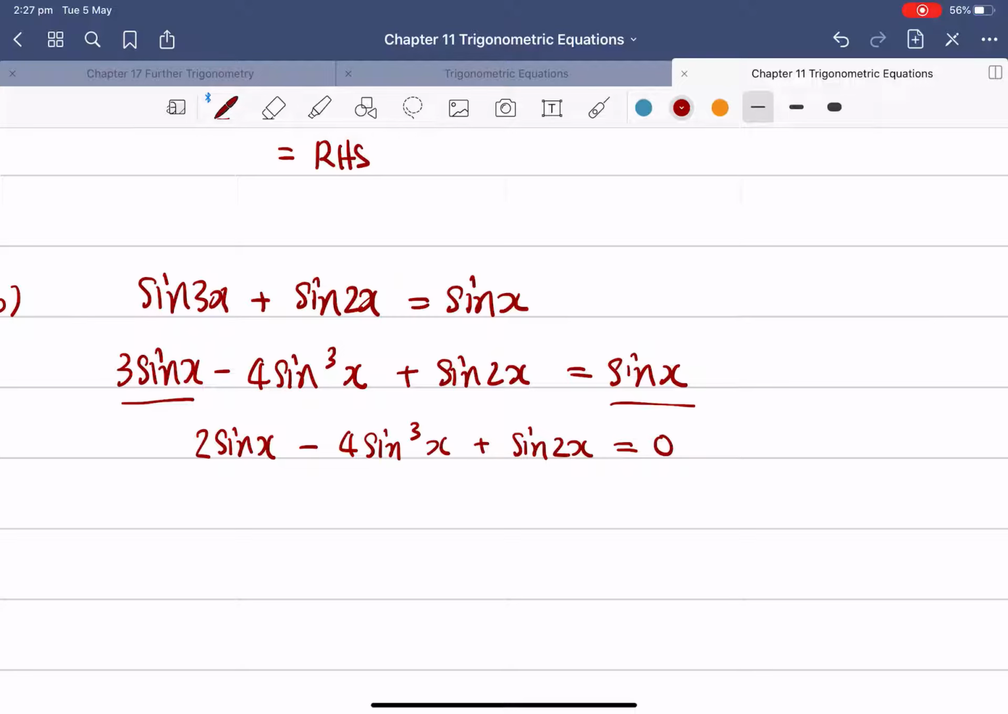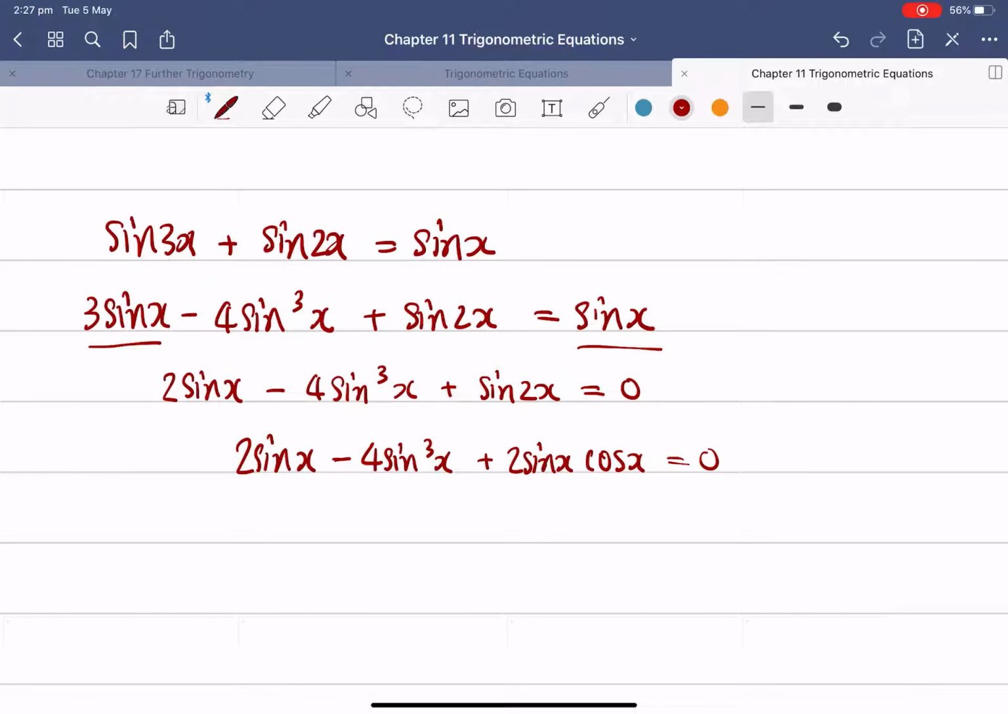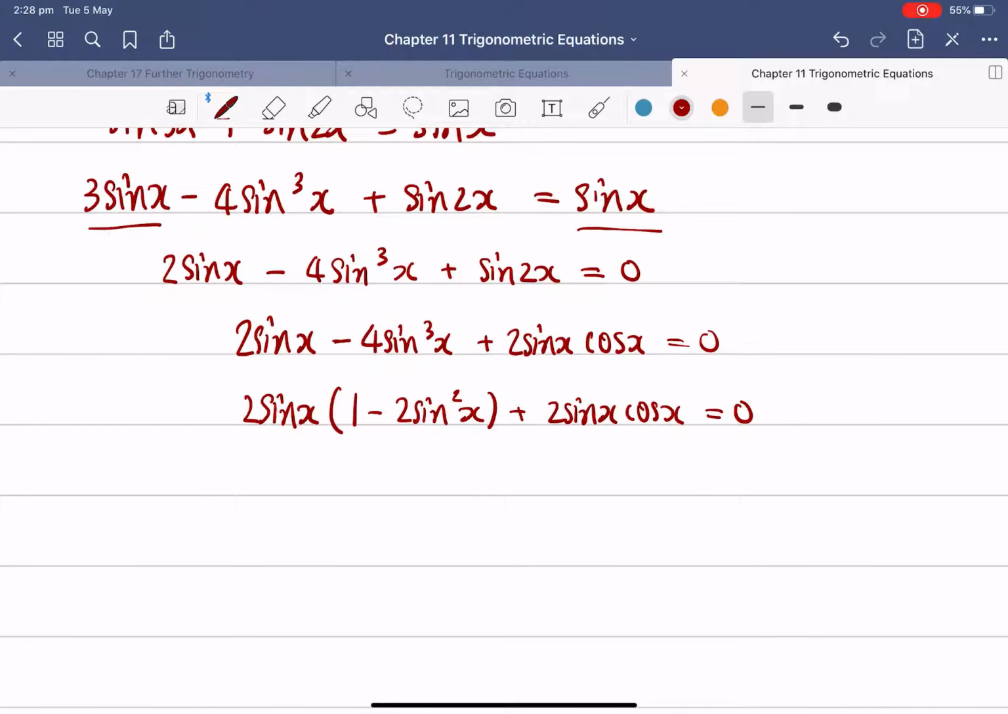So how do we solve this? We've got 2 sine x, let's continue with that, minus 4 sine cubed x plus 2 sine x cos x equals 0. Very interesting. Looks like I can't solve this question right now, but who knows? Let's continue. Maybe we can just take the 2 sine x outside, and we're going to get 1 minus 2 sine squared x. That looks promising. And keep going. So that becomes 2 sine x, and here is cosine 2x